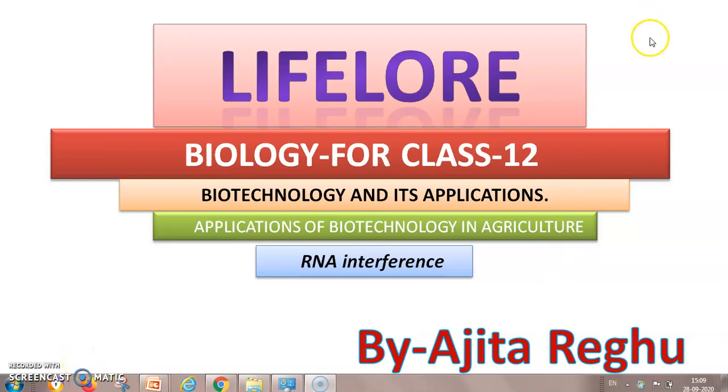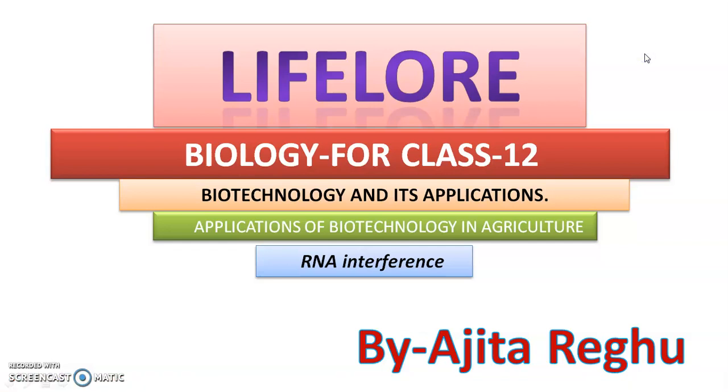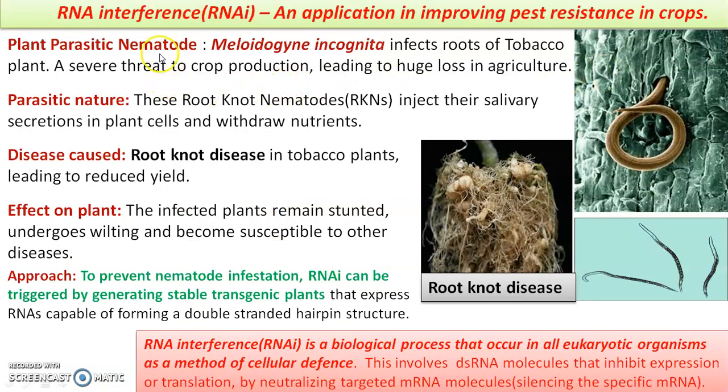Today's topic is RNA interference, an approach towards improvement in agriculture through biotechnology. Now here we are going to discuss this approach called RNA interference, which is meant for creating pest resistance in crops. We talk about a parasitic nematode on plants called Meloidogyne incognita, which infects roots of tobacco